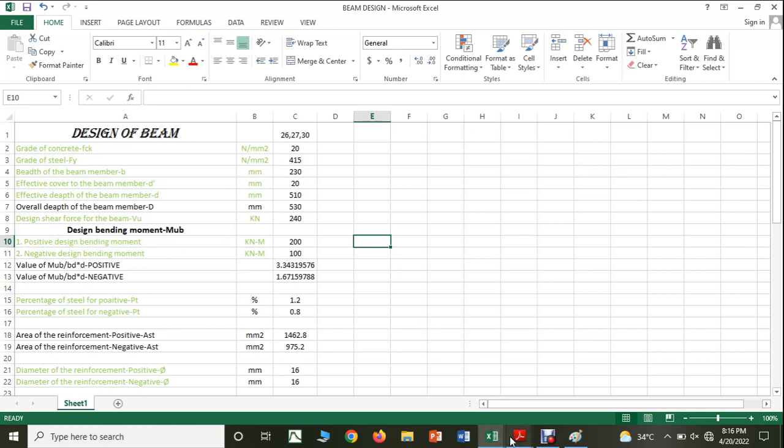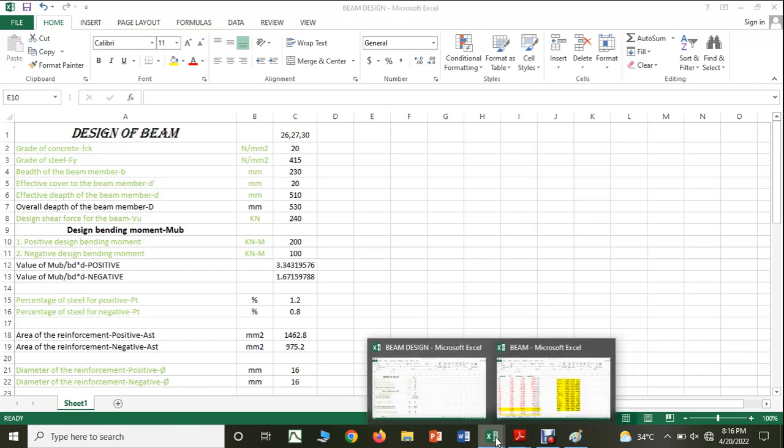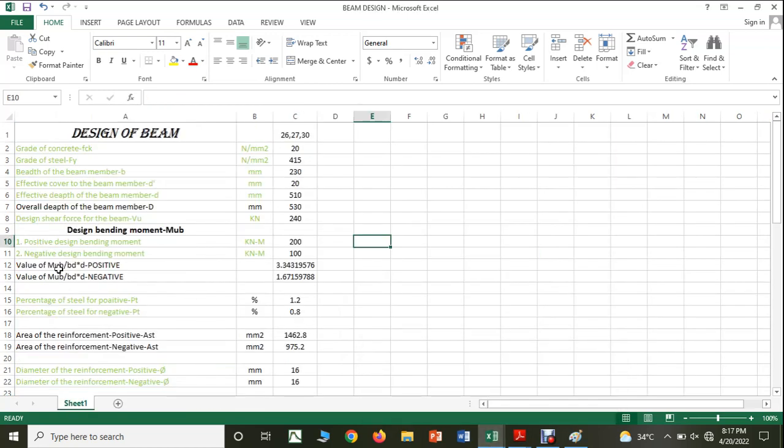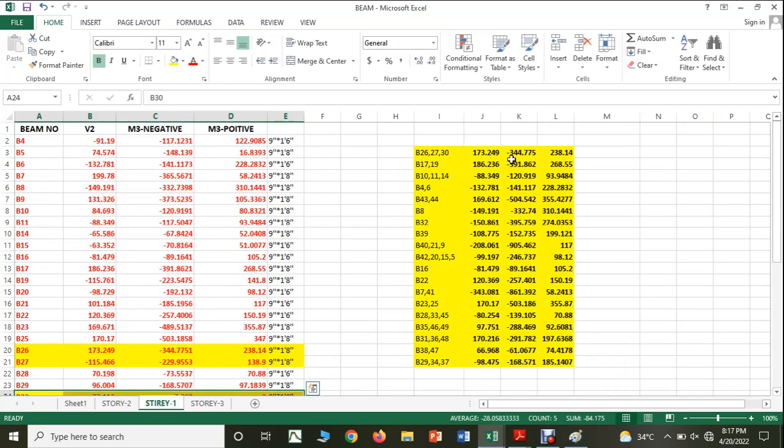You can see that the positive bending moment I am going to have here is 173.249, that is positive bending moment. Whereas the negative bending moment is this value, that is minus 344. So the positive bending moment I can make it as 175 kilonewton meter, whereas the negative bending moment I can make it as